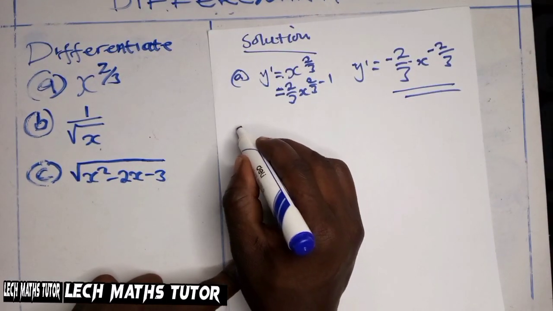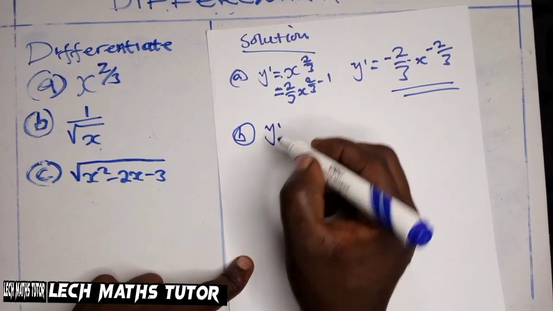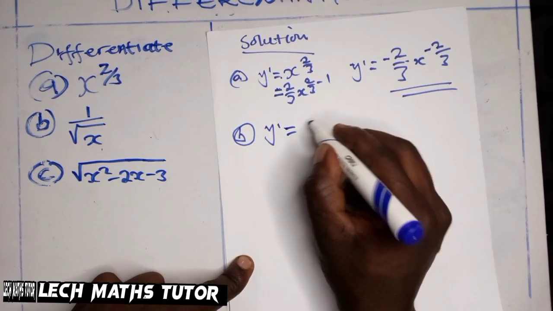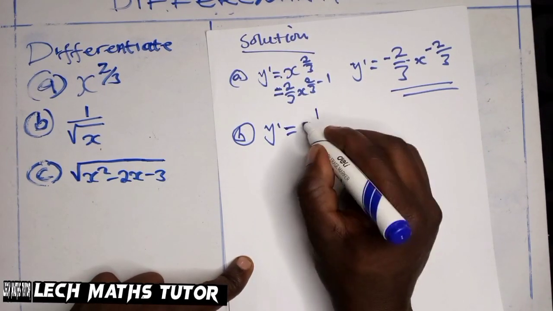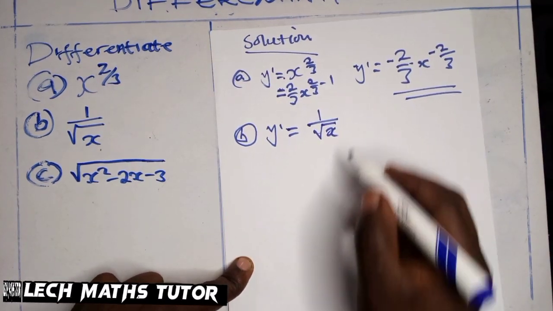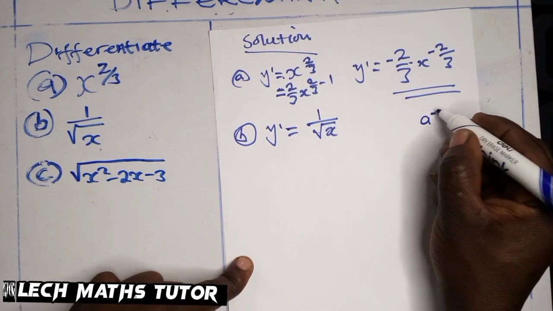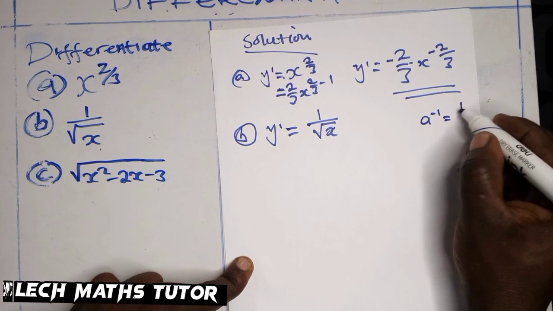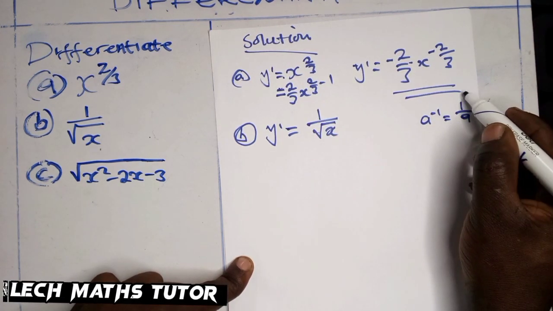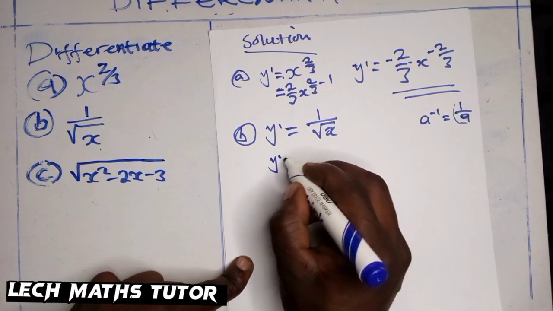For B, we are using y prime instead of dy over dx. You can use y prime, in which it is equal to 1 over root x, in which you have to take this one into negative. We all know that in indices, a power minus 1 in positive will be 1 over a. So this one is in this form, so we have to take it back in negative form, in which it will be y prime equals